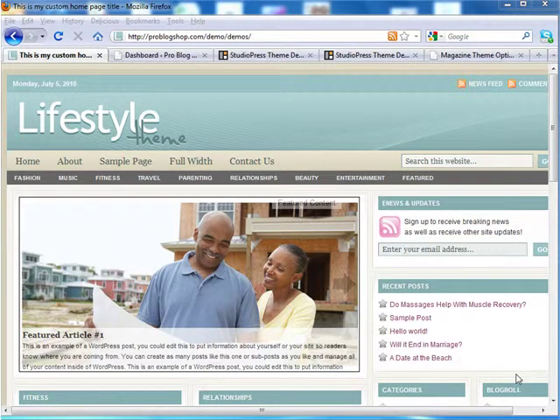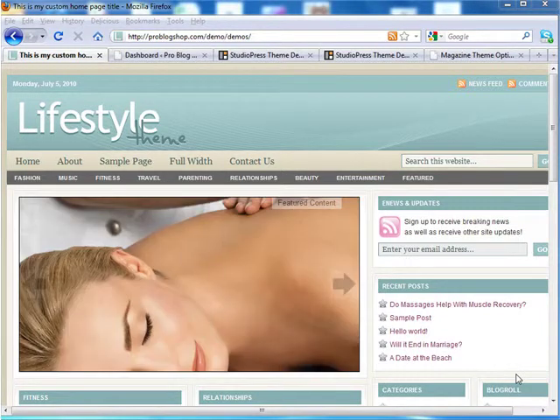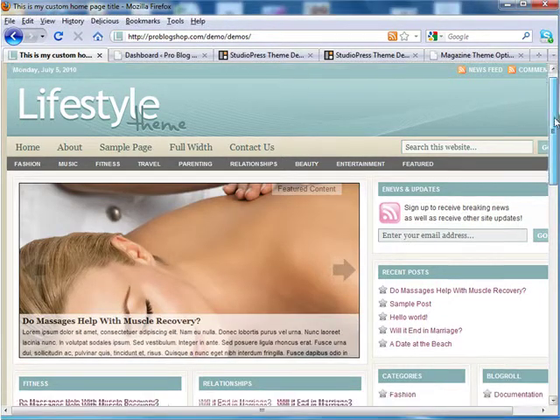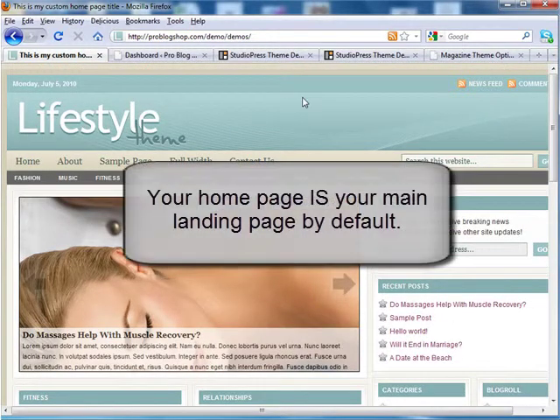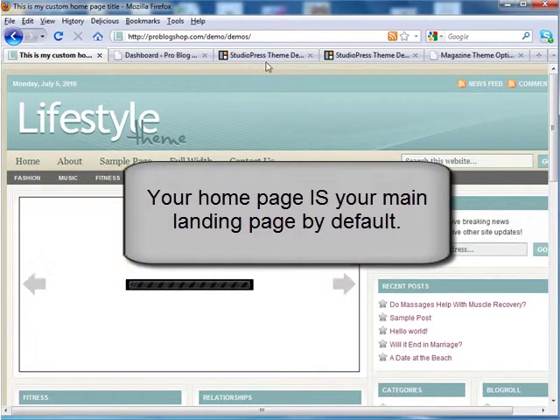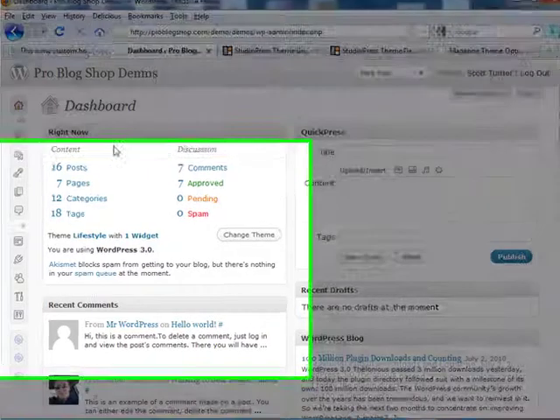My name is Scott Turner, and in this tutorial we'll be talking about how to customize your main landing page. For those of you who are unsure what your main landing page is, by default your home page is the main landing page. From your administration area you'll go under